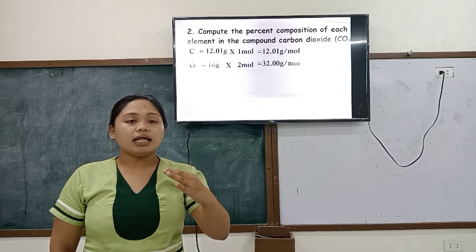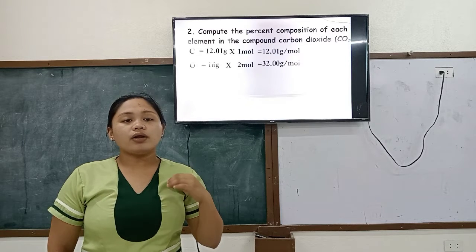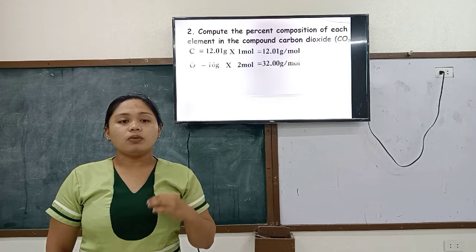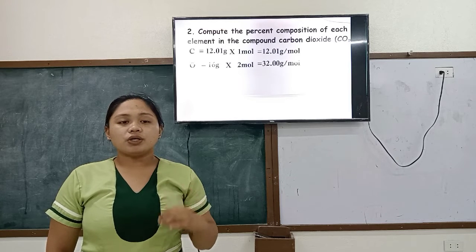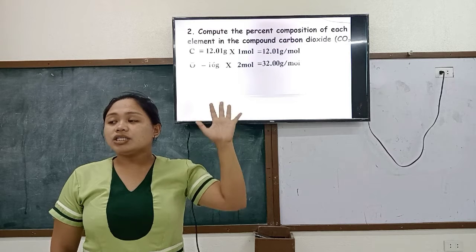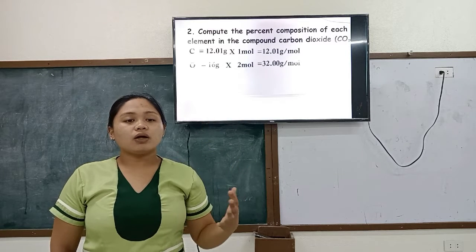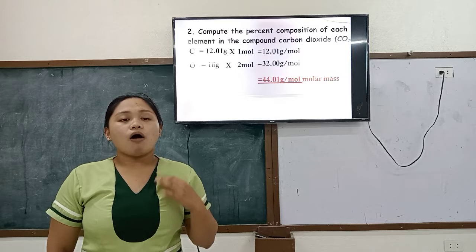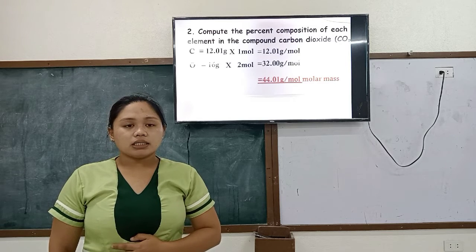Now we have to add the carbon and oxygen. So 12.01 grams over mole plus 32.00 grams over mole equals, what's the answer? Yes, correct, which is